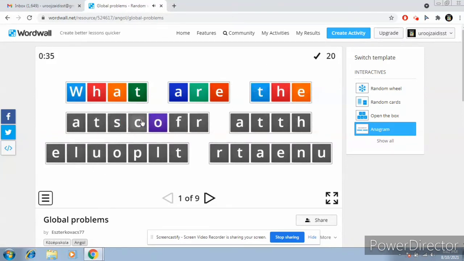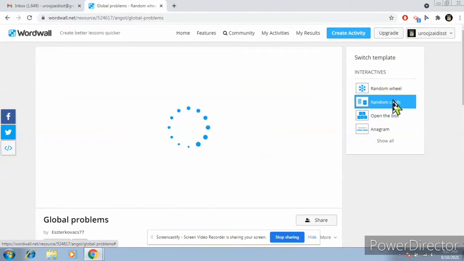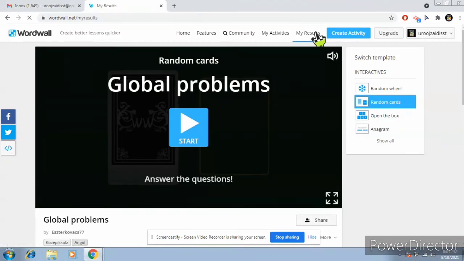So you can see here that it's very interesting, I have to work with the letters, with the alphabets, and so it will be amazing for the students as well. I must say that your students will also enjoy doing Wordwall.